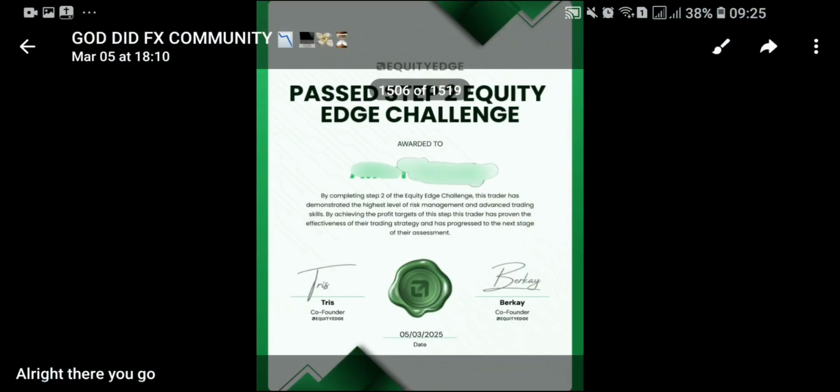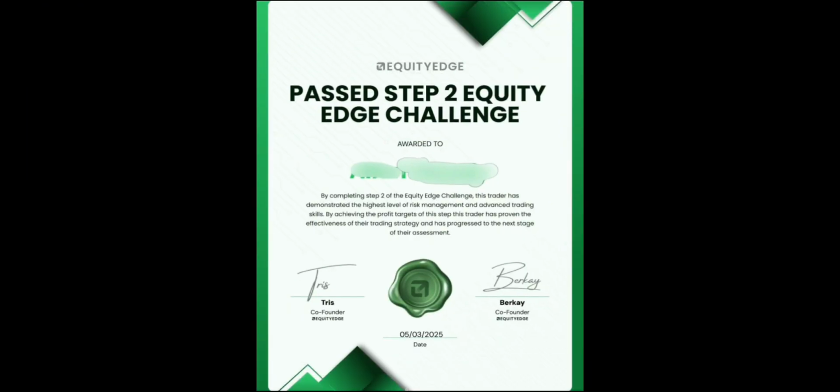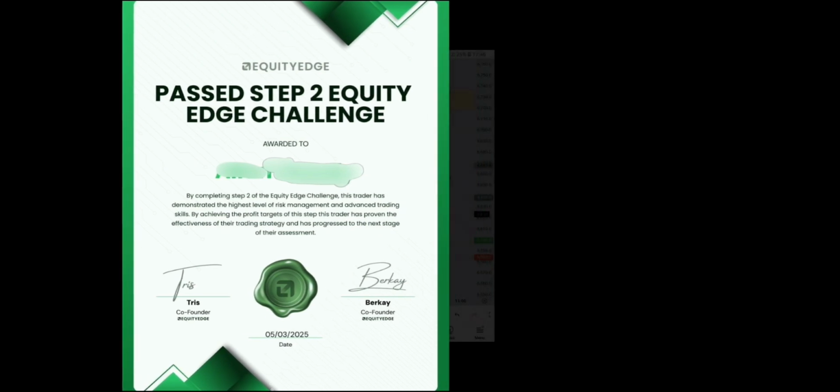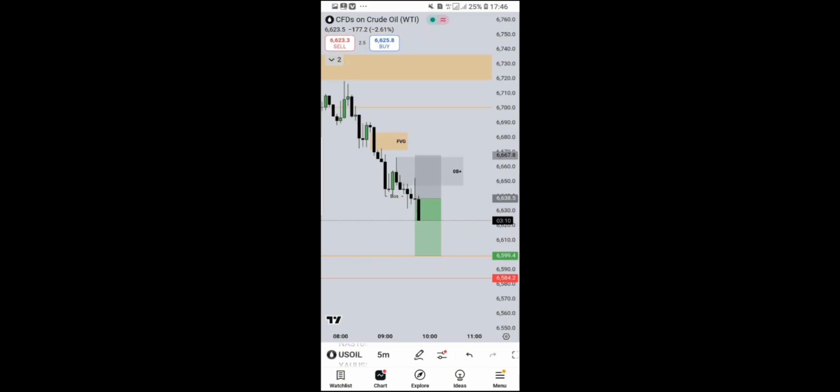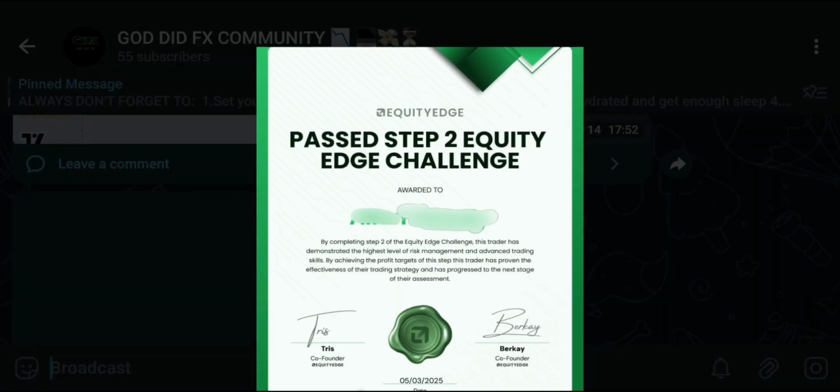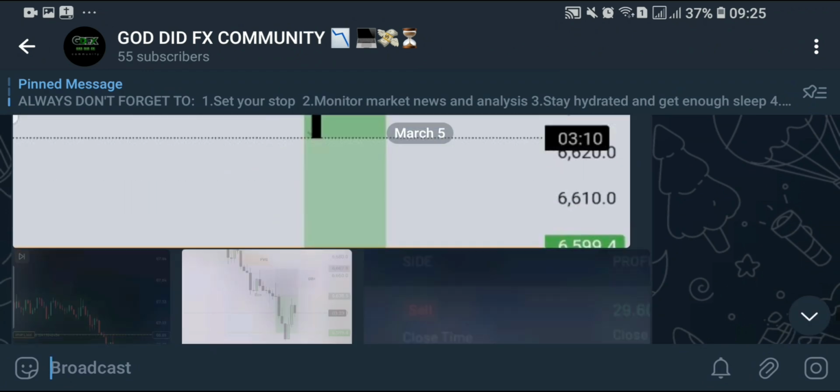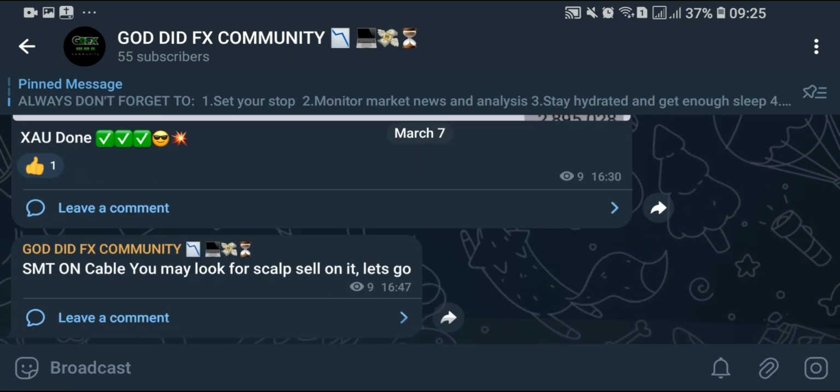So, and that was the certificate. And I'm actually waiting for the 3 business days to pass, and waiting to sign my contract to get the funded account, and I'll be updating you about this and about the payout, the Equity Edge payout and stuff. I'll talk about each and everything in the next video about this funded account when I receive it.